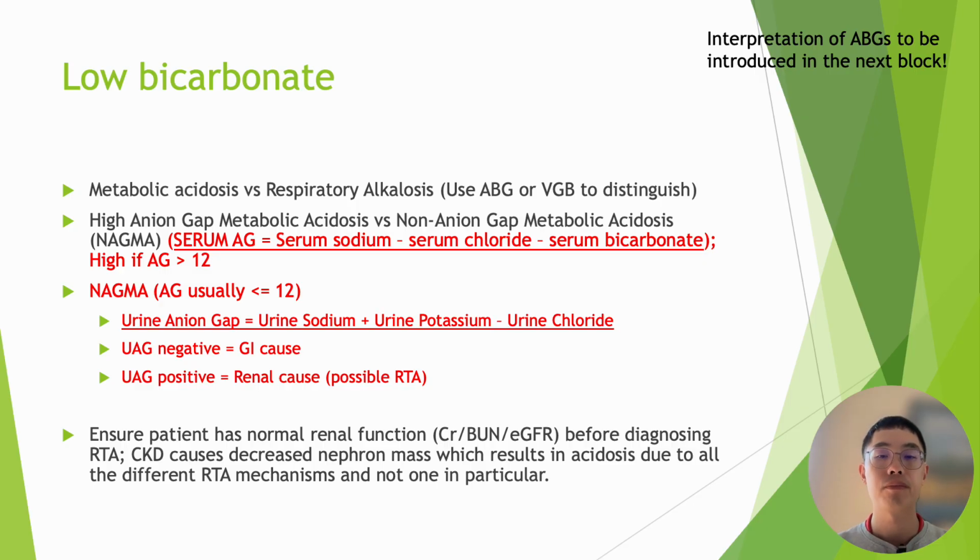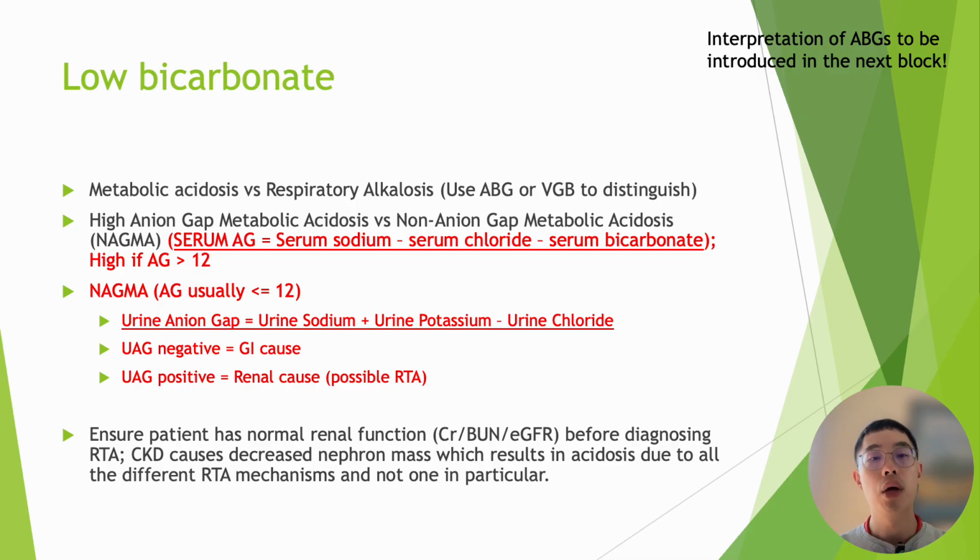next block. Once we determine we are dealing with a metabolic acidosis, the next step is to determine if you have a high anion gap metabolic acidosis or a non-anion gap metabolic acidosis. We calculate the serum anion gap using the serum sodium, serum chloride, and serum bicarbonate, and if the equation sums up to higher than 12, then we are dealing with a high anion gap metabolic acidosis. If the value of the equation is 12 or lower, then we are usually dealing with a non-anion gap metabolic